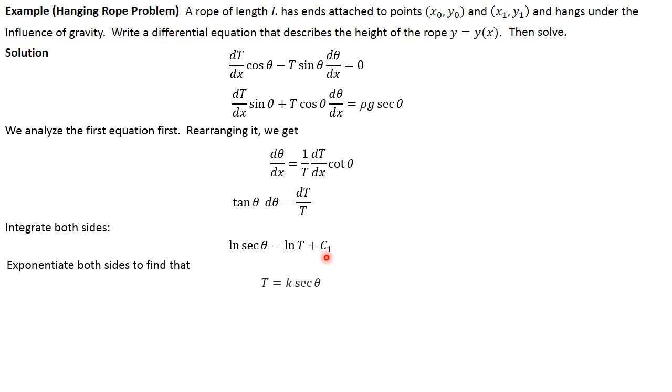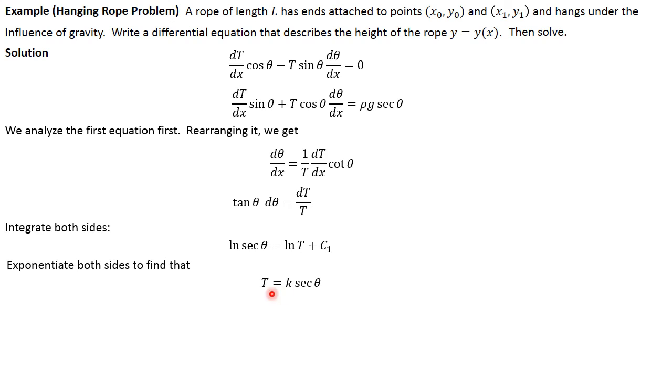Exponentiate both sides, and that's why I use this little subscript 1 here, because I was planning on getting rid of this constant. When you exponentiate both sides, you get secant theta on one side, and we get t times e to the c1 on the other side. So I divided both sides by e to the c1, and I called that constant k, and moved stuff around to end up with this expression that you see here, t equals k secant theta,